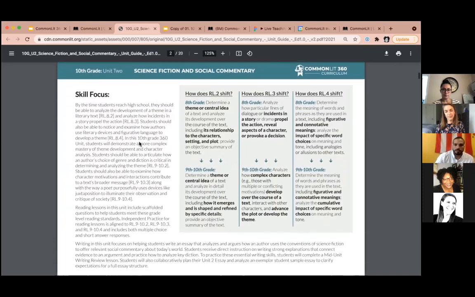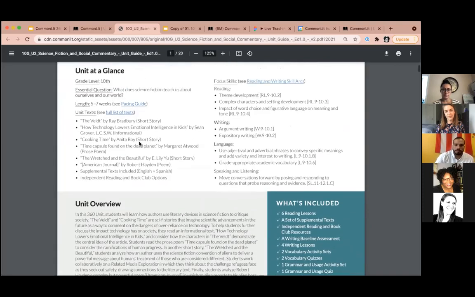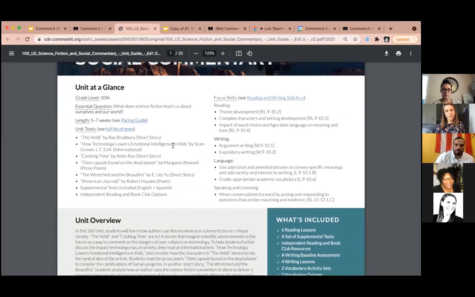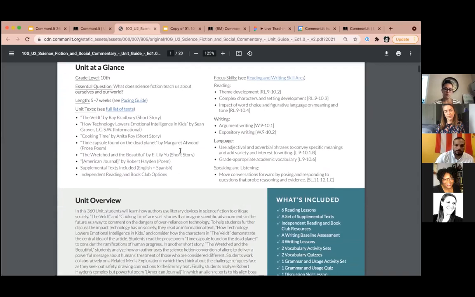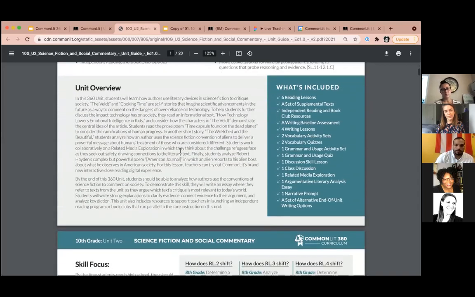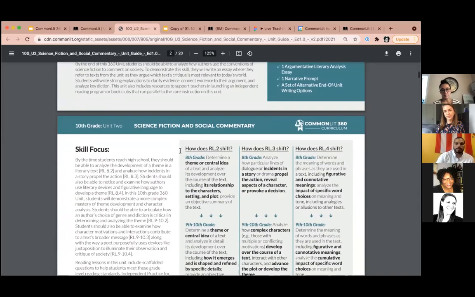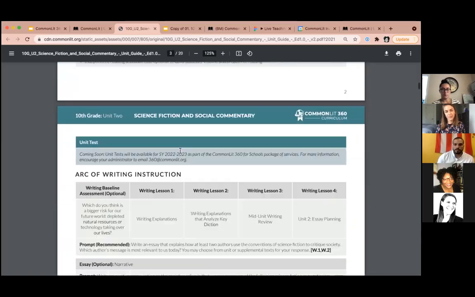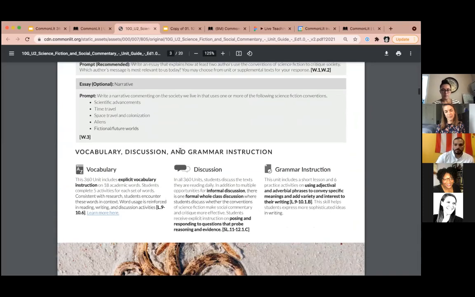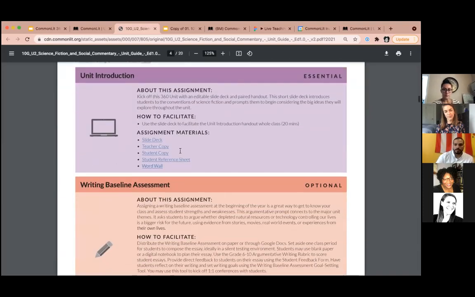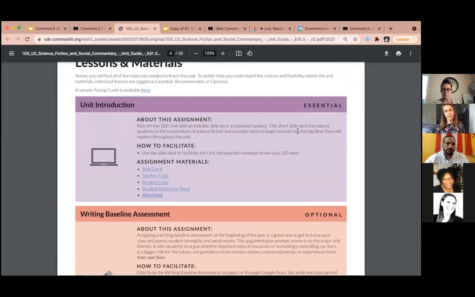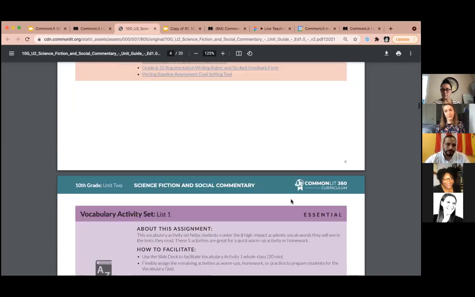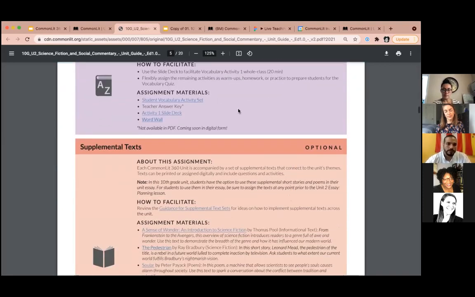It shows you all the different domains of English that students are learning through our unit. We have reading, we have our writing, we have our grammar skills. This unit guide is also one-stop shopping for teachers, and so it allows them to plan. We have the arc of reading instruction, the arc of writing instruction, and then they get a pacing guide that helps them to make decisions around planning in their classroom: what's essential, what's optional, moving into what's recommended.